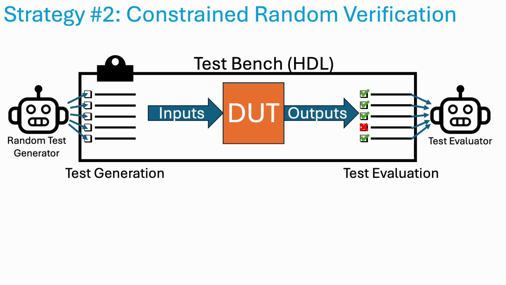Alternatively, you could implement a known correct software model of the design under test and compare against that, but sometimes that's not always possible. The big benefit to this strategy is it scales well to big designs. You could imagine the programs can generate tons and tons of tests in a way that needs very little human supervision. In that way, you can get this big coverage, but unfortunately, it's largely surface